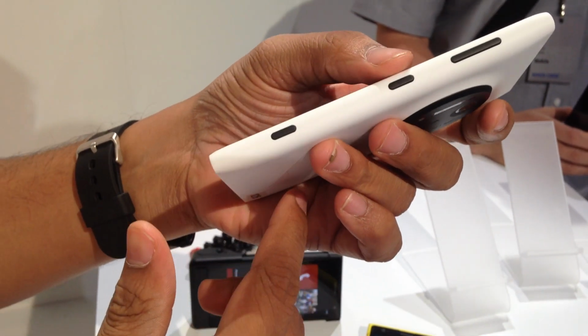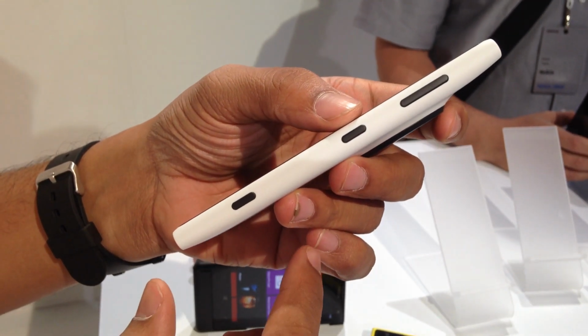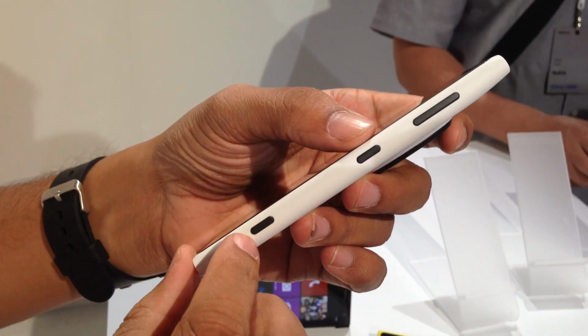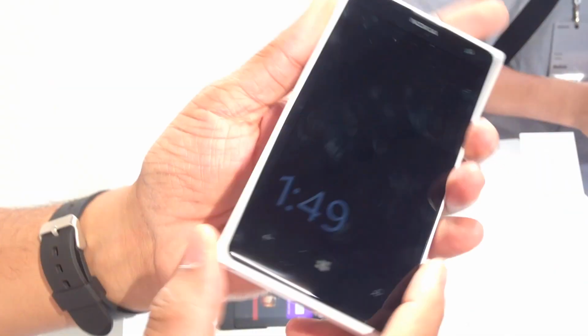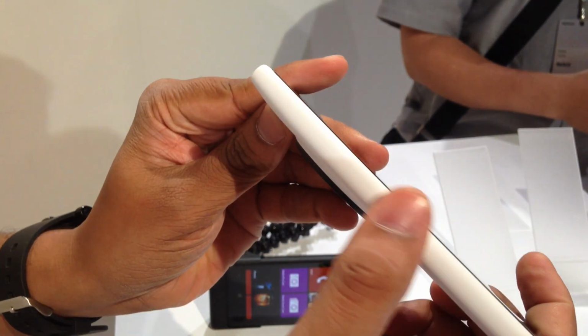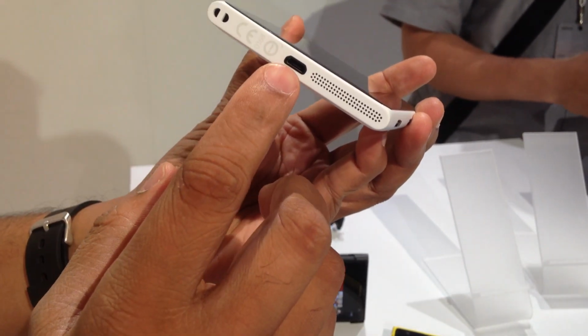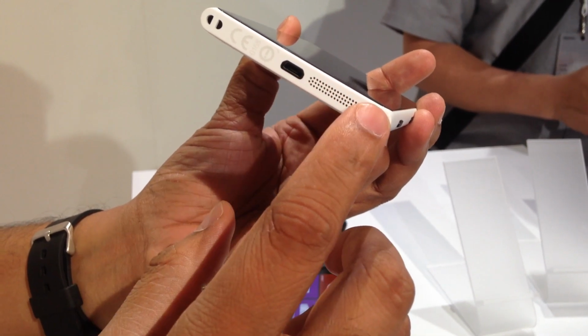As far as the sides are concerned, it has the volume keys on the right, as well as the sleep display button and the dedicated camera button at the bottom. On the left, it's plain Jane, so nothing much over here. The bottom has the micro USB charging and data cable, along with the speakers.